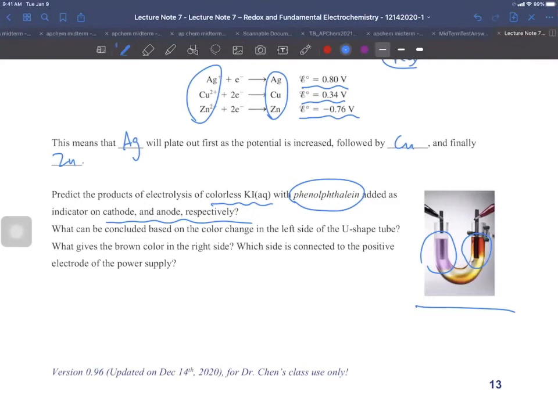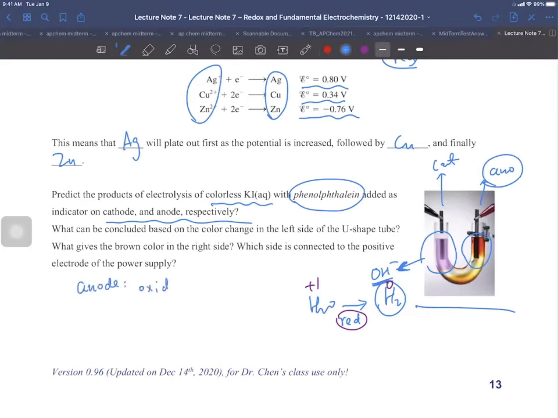First, the pink or purple color means there is hydroxide produced. The bubbles are probably hydrogen gas, because when hydroxide is left, hydrogen gas is produced. From water to hydrogen gas, this is a reduction, because the oxidation number changed from +1 to 0. This is a reduction, which means the left side should be the cathode. So this side will be the anode. So on the anode, there will be